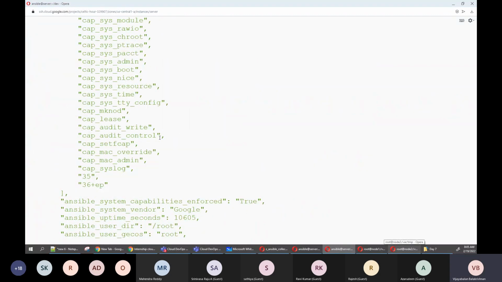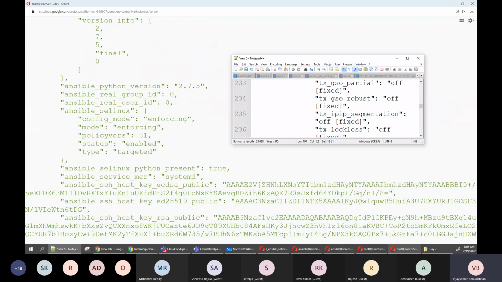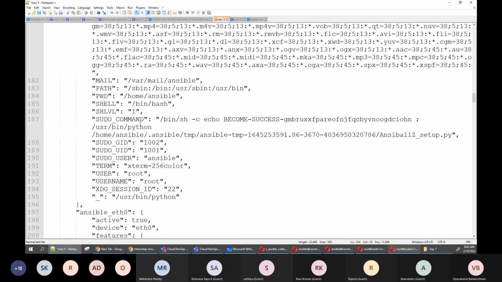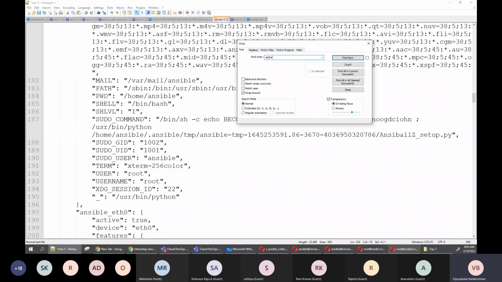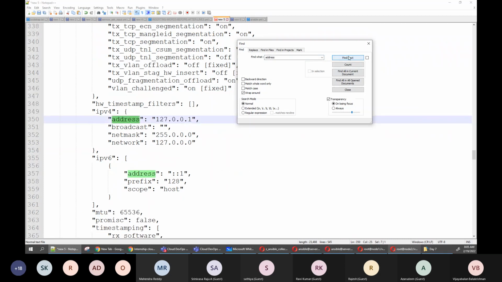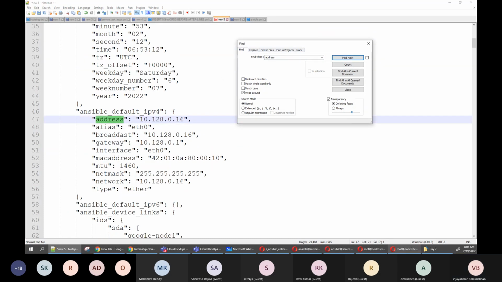So go here. Where is this one? I'm just going. So address IPv4. Okay, wait a minute. Address. Okay. Address IPv4 addresses. Default IPv4 address.